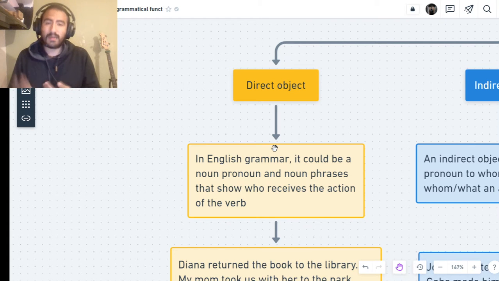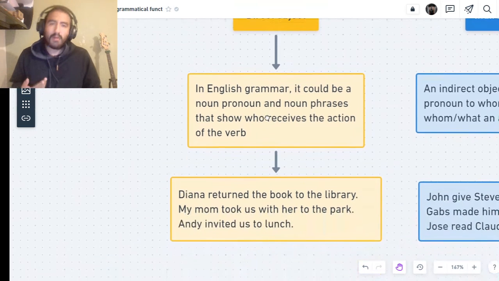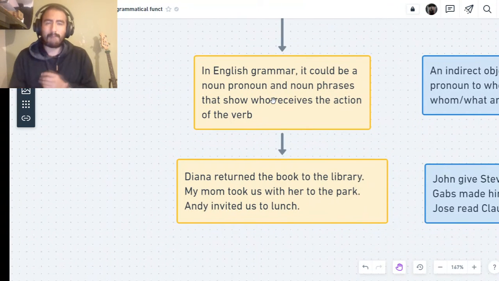In English grammar, it could be a noun, pronoun, or noun phrase that shows who receives the action of the verb, which means what the subject is doing. That's the question that we must ask: what is the subject doing? Like in these examples,